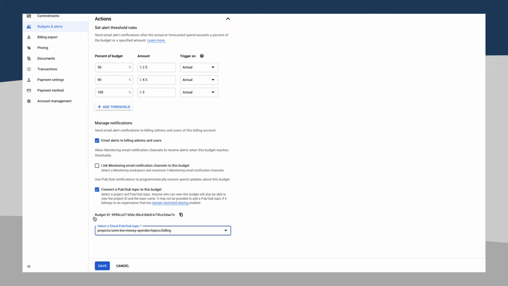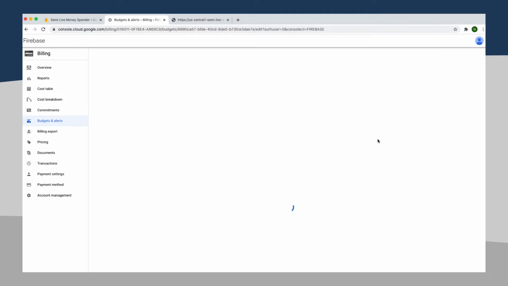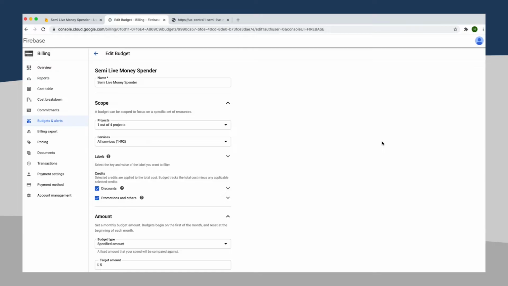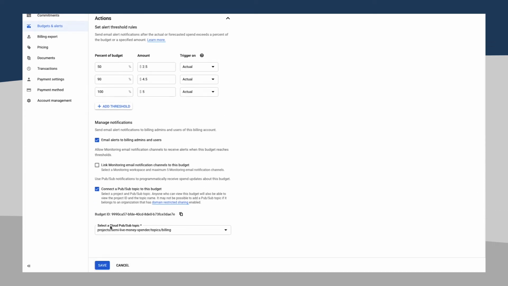And there you go. Make sure you hit save. And now within my Semi-Live Money Spender, I'm basically getting periodic notifications through my project Semi-Live Money Spender topics billing PubSub. All right, so now we need to write our cloud function that's going to go ahead and listen